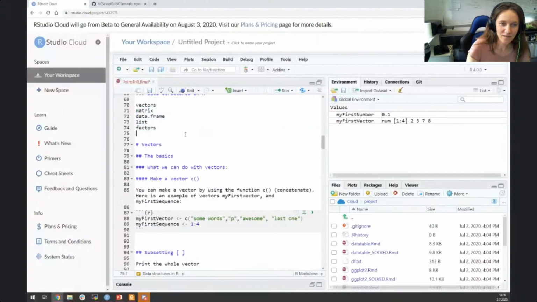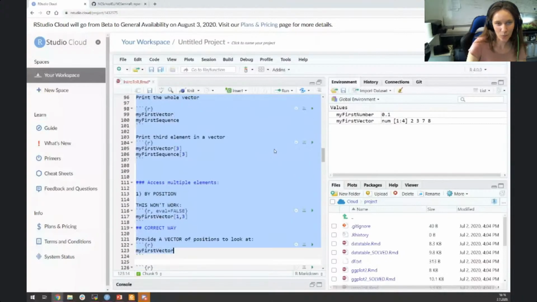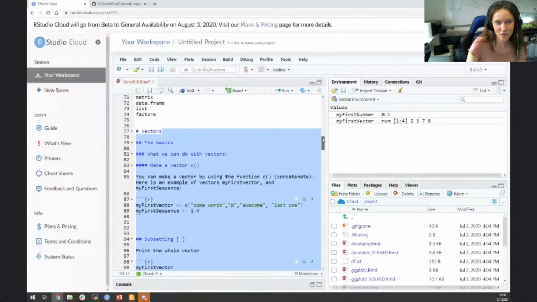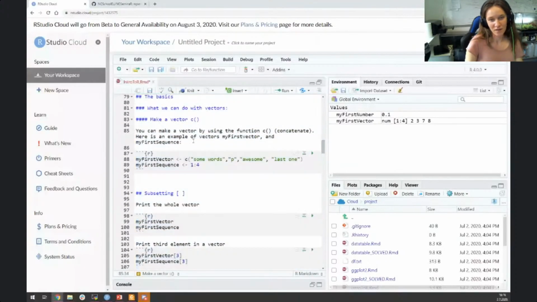Okay, so we will now start with the basics of vectors. This is the actual beginning, and everything else was just the introduction. What can we do with vectors? Okay, so first thing you can do, you can make a vector. To make a vector in R, you have to use this function c. It stands for concatenate. So whatever you put inside the normal brackets will become elements of the vector that you're producing. For example,